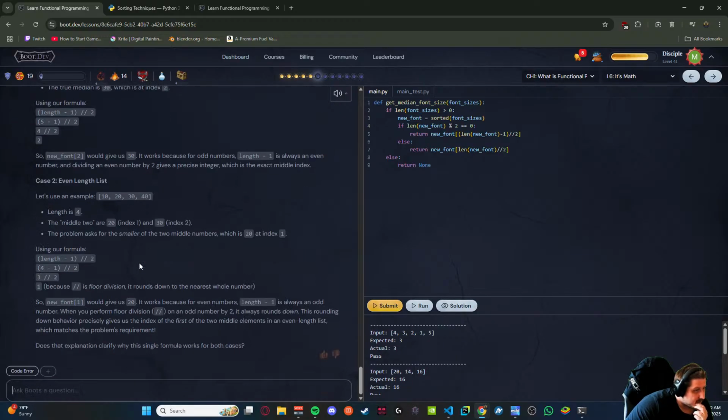Okay. If the length is 4, minus 1 would be 3. So either way. No, but that would be 1.5 then. Or 20 and 30. I'm asked for the smaller of the two middle numbers, which is 20 at index 1. So length minus 1 would be 3 divided by 2.